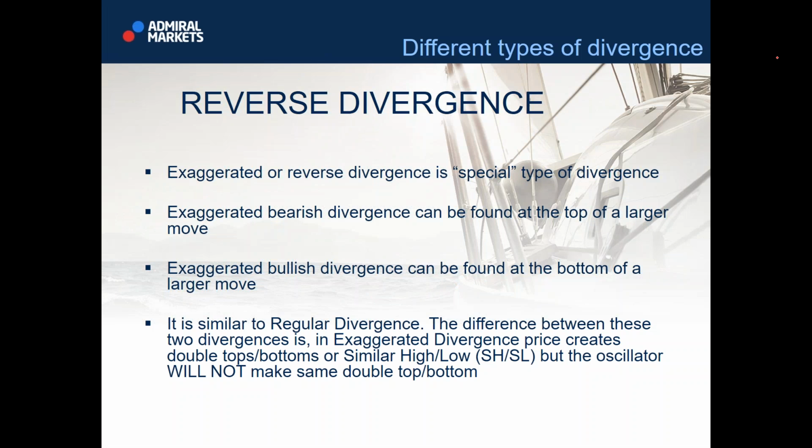The only difference is, okay, I will tell you it's pretty much simple. Exaggerated or reverse bearish divergence will be found at the top of a larger move. Exaggerated or reverse bullish divergence will be found at the bottom of a larger move. So it's very similar to regular divergence. The only difference is